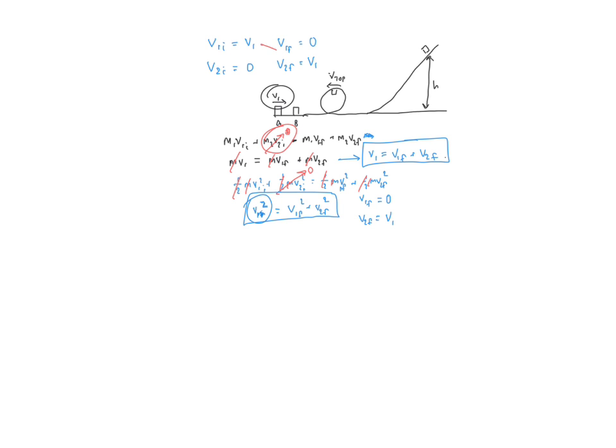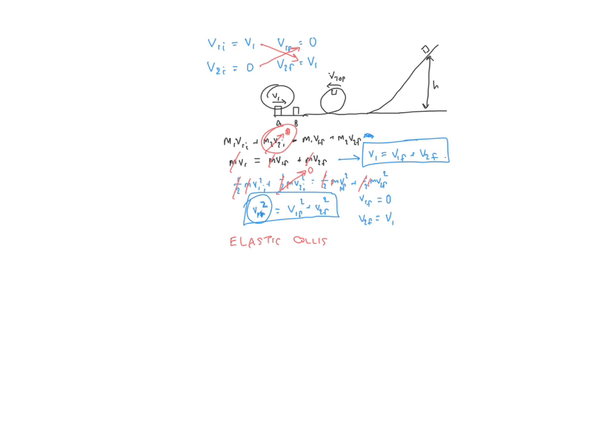Notice that the two objects just basically traded velocities with each other. The initial velocity of object 1 became the final velocity of object 2. The initial velocity of object 2 became the final velocity of object 1. So the shortcut that I want to make sure you absolutely know from now on to make the problems much simpler is, as long as two objects in an elastic collision,